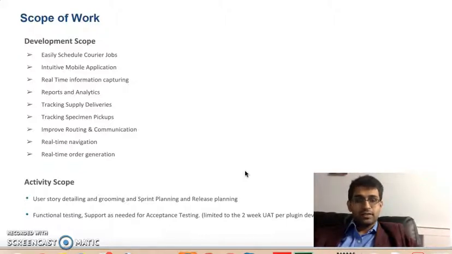Coming to the activity scope, we will begin with the requirement gathering phase, which we will start from today onwards. One month from now, once 3 to 4 weeks depending on the requirements, we will finalize the UI framework and UI branding, and all those mockups will be submitted for review. Once we have a sign off on those reviews, we will start with sprint planning and grooming. Currently, based on our understanding, we are expecting 3 to 5 months of sprint development. Once the development activity is done, we'll transfer for acceptance testing, after which we will provide 2 weeks of support after that handover.